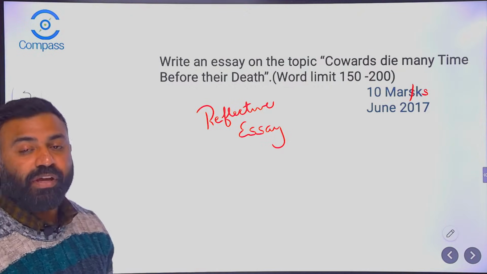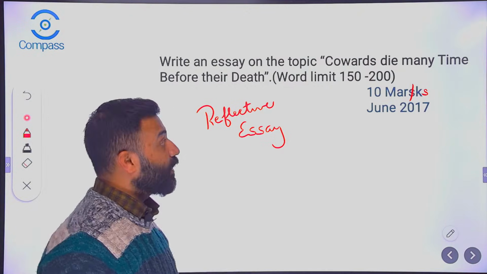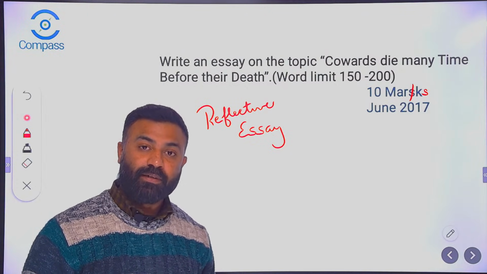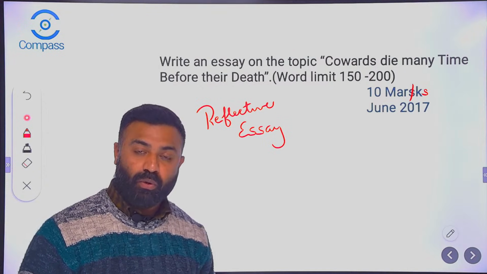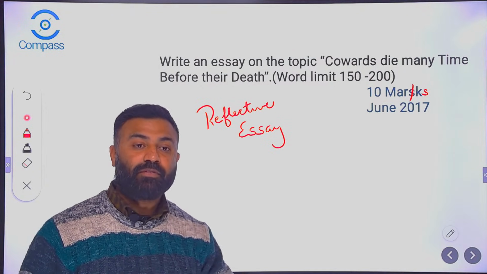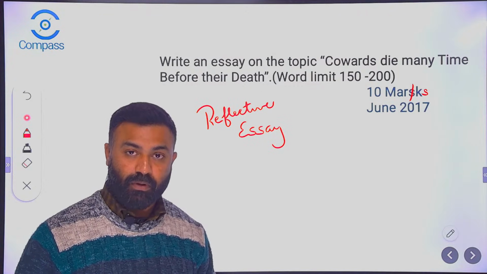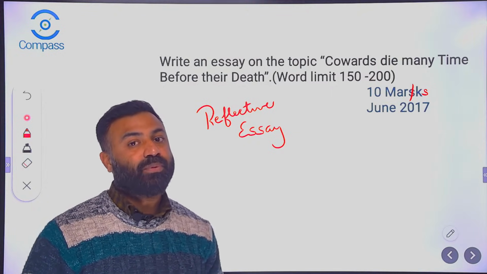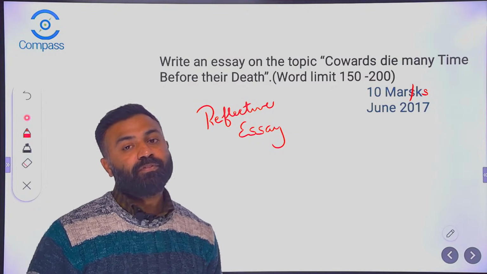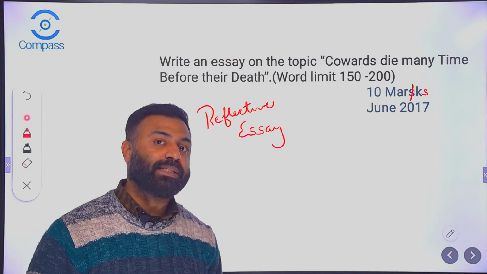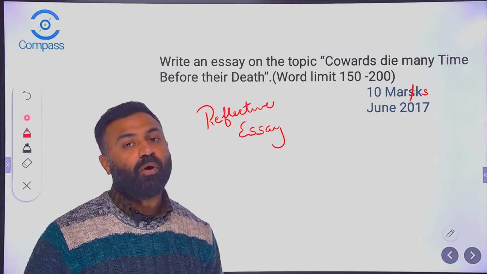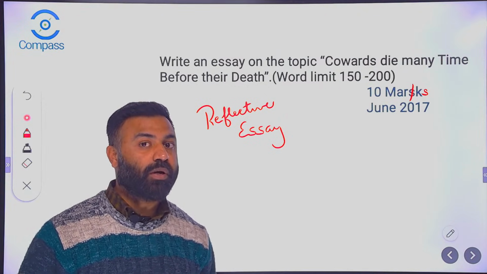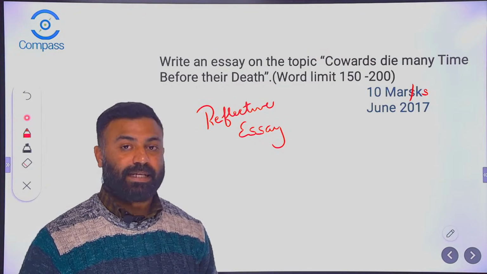Now this is a very famous line, and it is taken from William Shakespeare's play Julius Caesar. Julius Caesar, when he was in his house and the next day he was about to get murdered. People had built up a conspiracy against him, so he was about to be executed the next day. A night before, his wife comes to him and tells him, Caesar, tomorrow morning you should not go out. She was so sure that Caesar would be murdered the next day.